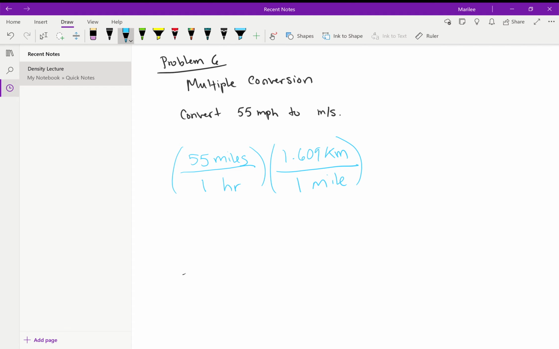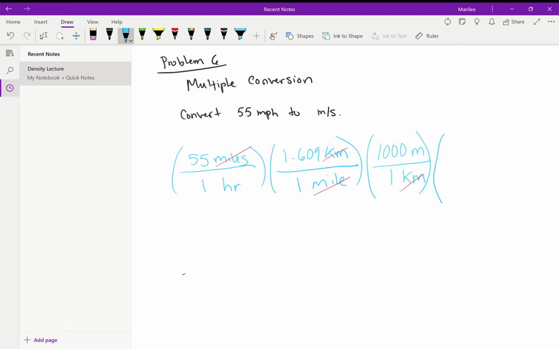Right? So now here we see that the mile and mile cancel out. Now we're left with kilometers per hour. What's our next conversion factor? So we have to go from kilometers to meters. We know that 1,000 meters are in 1 kilometer. Now we see again our kilometers cancel out. We're left with meters per hour, and we have to get to meters per second. So we have to convert hour to second. The first thing we do, we convert hour to seconds,